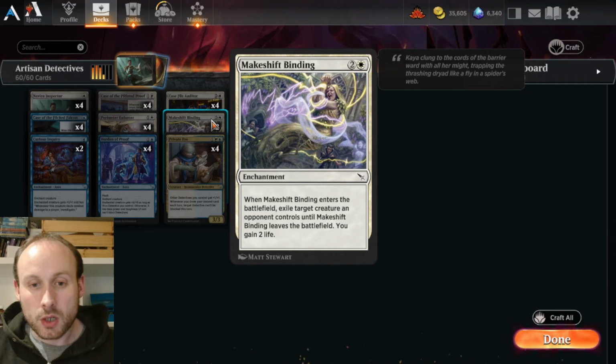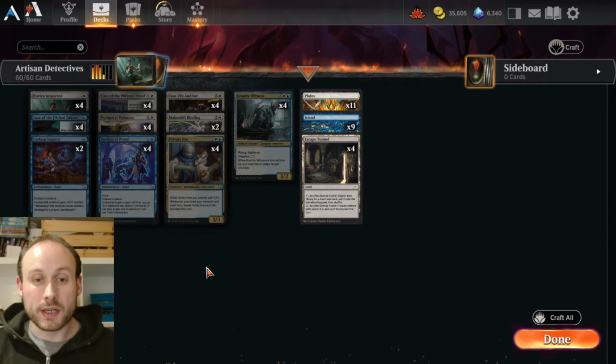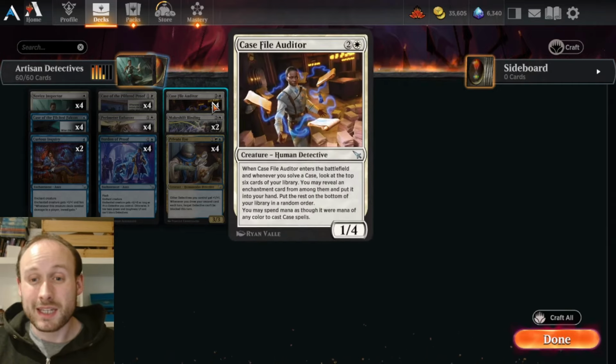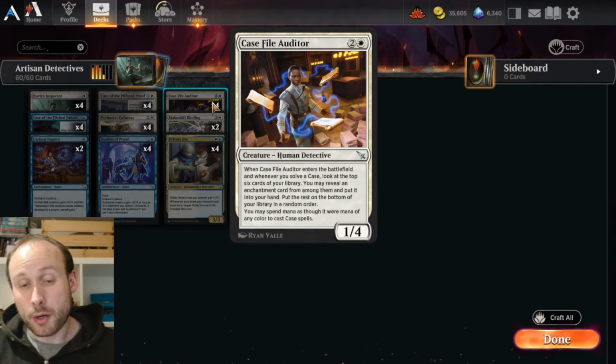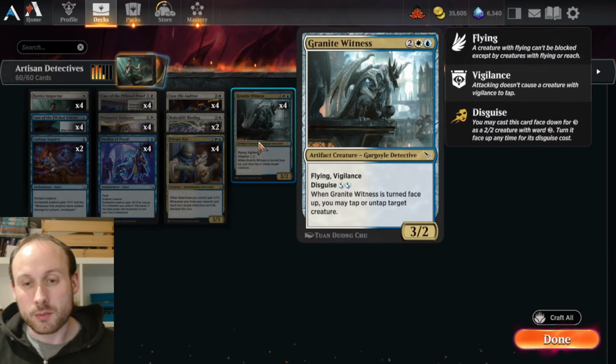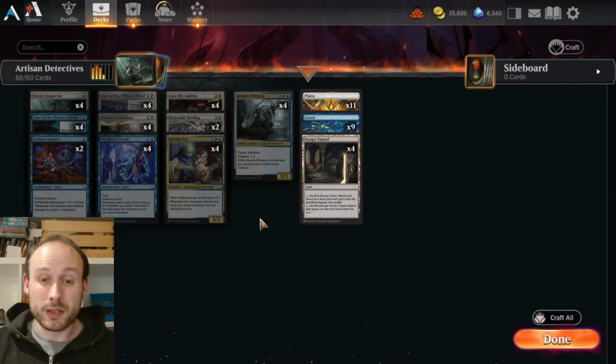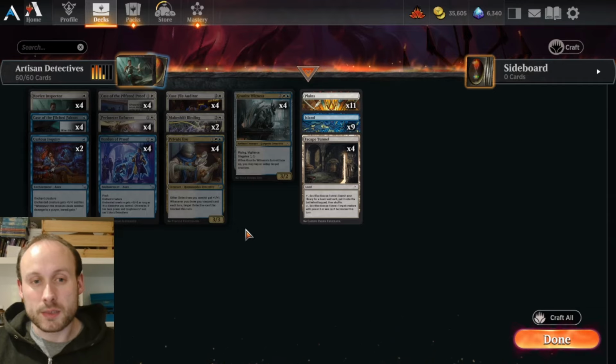at the same time. So we're going to put all these detectives out. They're going to boost each other. We're going to make lots of artifacts, lots of clue tokens, keep drawing cards, keep finding our enchantments to remove the opponent's things, and hopefully we're going to finish off with some evasive creatures, some lifelink to keep us going. So that's the detectives deck. Let me know what you think of this one in the comments below, and let's move on to the last